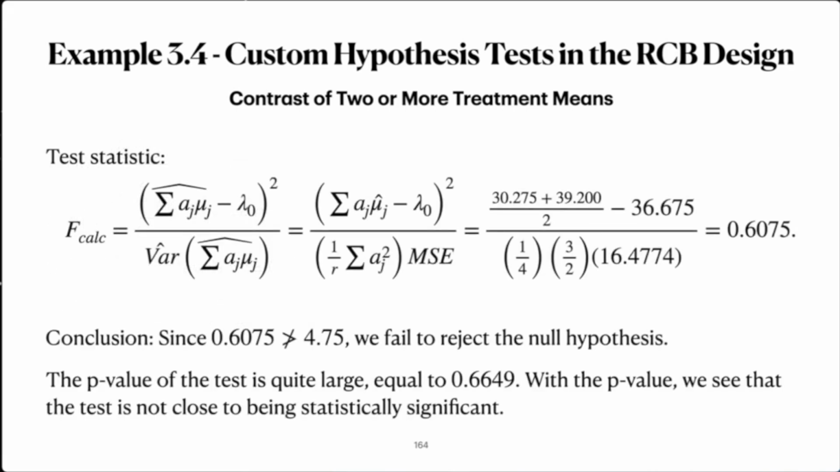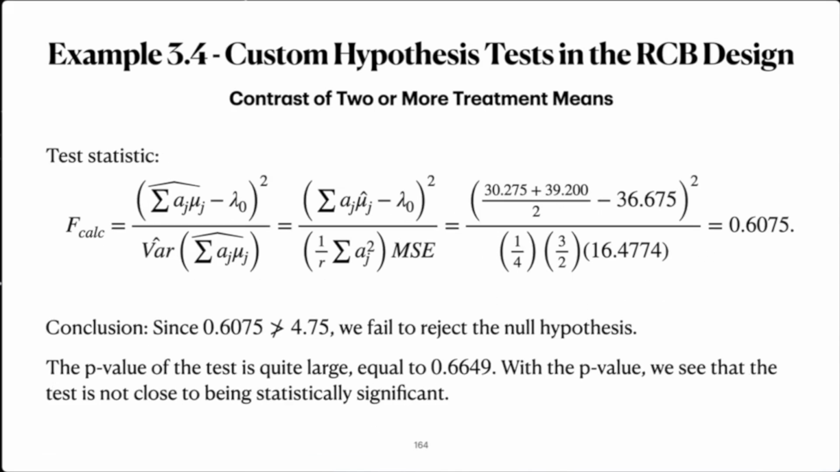The test statistic is, again, an F statistic. F calc turns out to be equal to 0.6075, calculated in this way. You can see here that the numerator of F calc is equal to the square of the difference of the estimate of the arithmetic average of treatment means